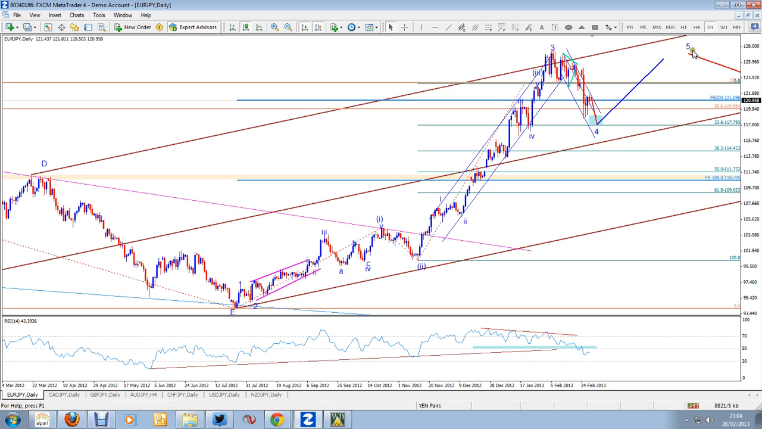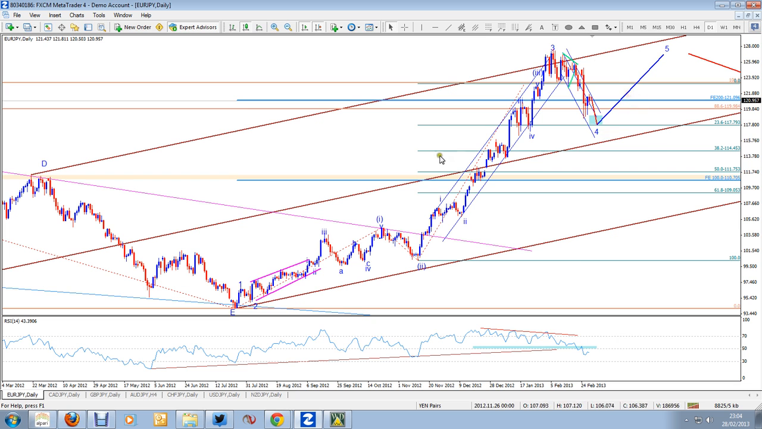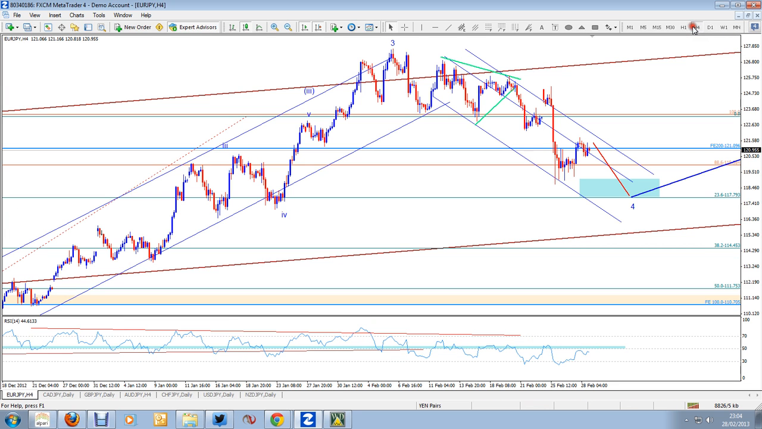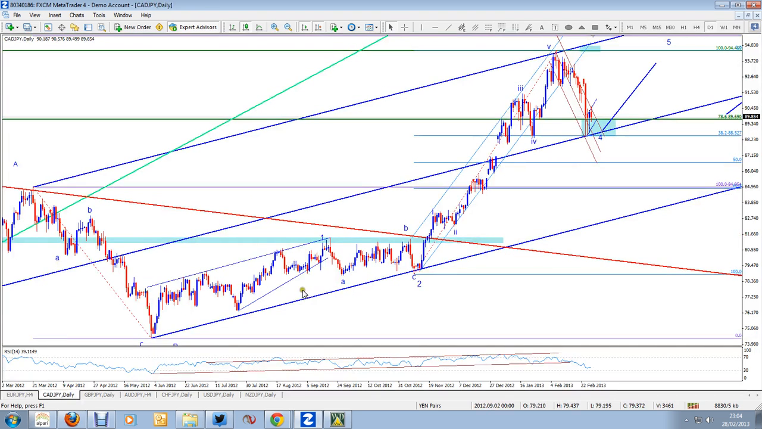after which we will see this last leg up to complete this 5 wave move to the upside, which will complete this 5 wave, 1, 2, 3, 4 and 5. So euro yen has some more downside and is continuing to retrace. We look at a CAD yen. CAD yen exactly the same, much like the euro yen, that too has a further downside, and normal Fibonacci retracement,